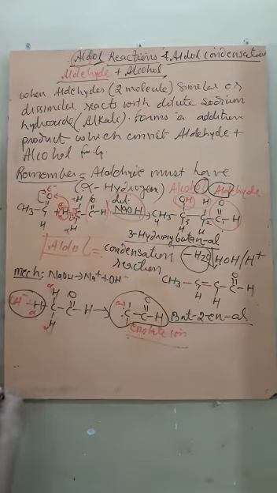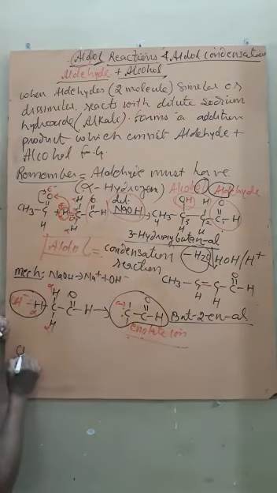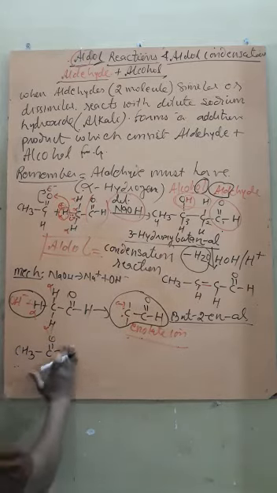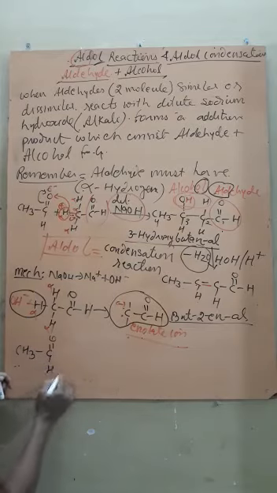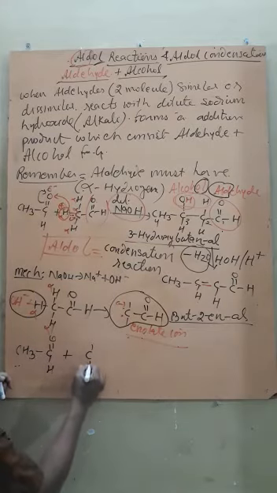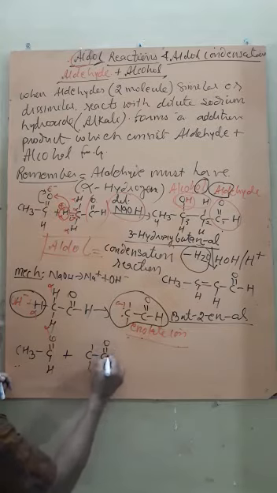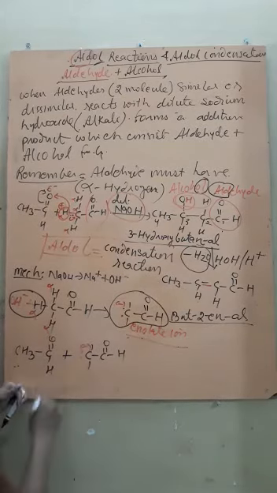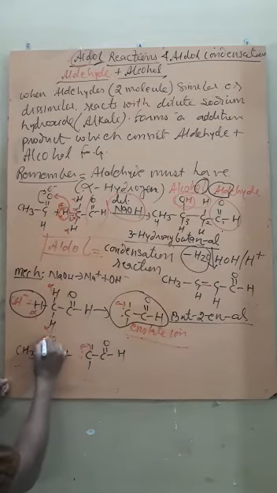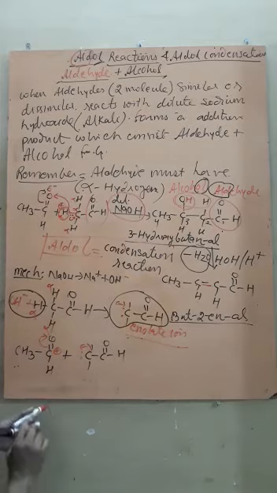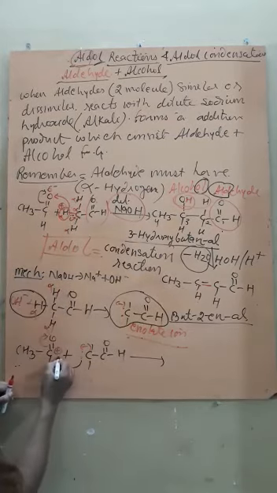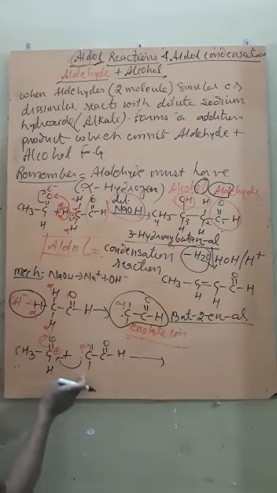How will the first molecule become electrophile? We have two molecules: CH3, C double bond O and H, plus enolate ion, that is CH2, C double bond O and H. So there is enolate ion. Now if the electron shifting takes place, then it will acquire positive charge. And if it acquires positive charge, then easily the enolate ion, which acts as nucleophile, can attack on